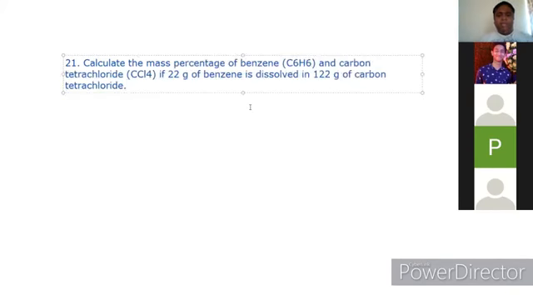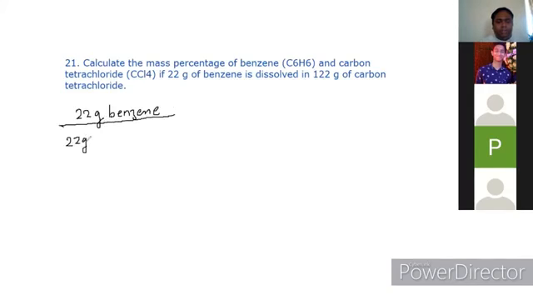Calculate the mass percentage of benzene and carbon tetrachloride if 22 gram of benzene is dissolved in 122 gram of carbon tetrachloride. So mass percentage we have to find out. So 22 gram benzene is there in the total weight of 22 gram benzene plus 122 gram CCl4. That means